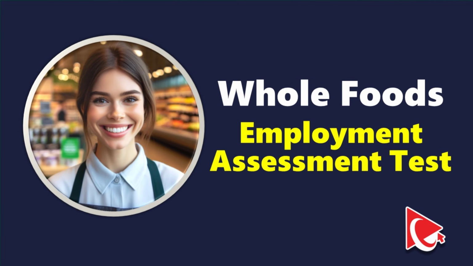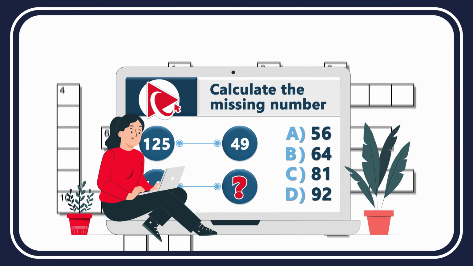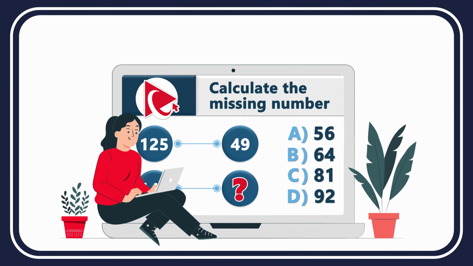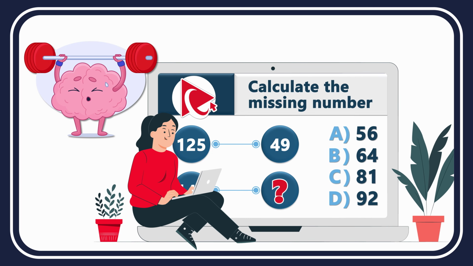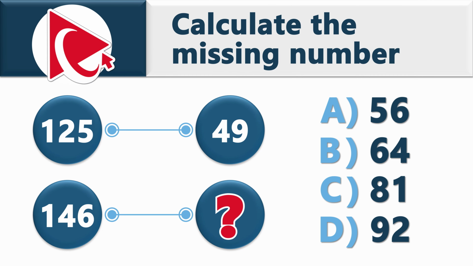With this question, prepare yourself for a cognitive challenge that promises to engage your intellect more than a challenging crossword puzzle. It's a mental marathon, and your brain is a star athlete here. You're presented with 4 circles. 3 circles have numbers. The numbers are 125, 49, 146, and then comes the missing number that you need to